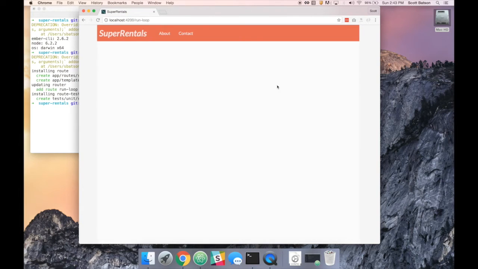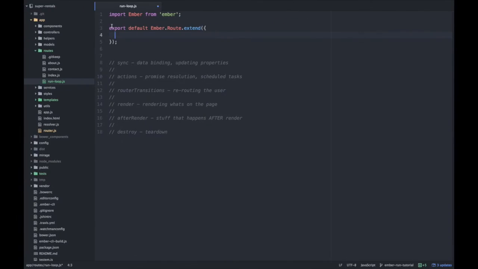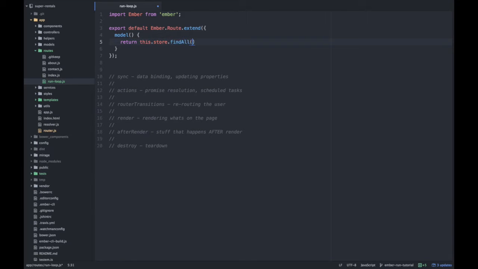So for our route, which is run-loop, we want to do something similar. We're going to show those same exact things on the page. So we do that in our model hook. And if you're not familiar with this, I did a nice tutorial on Ember Data, so how we can query for data on our backend. Otherwise, you just follow along, return